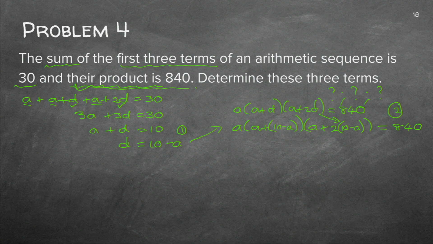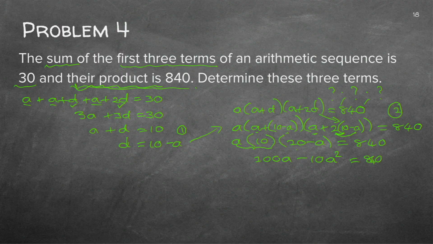The minute I've done that and I look over my whole equation, there are only A's involved, and I know, okay, that I'll be able to work with. So it's A, that A and that A cancels out, so there's only a 10 left. This is A plus 20 minus 2A, so it's going to give me 20 minus A is equal to 840. Now, I skipped a step where I multiply out the little bracket. I just did it in my head. 2 times 10 is 20. There's my 20. 2 times minus A is minus 2A plus that 1A is minus A, because now I need to multiply all of that stuff. So if I multiply 10A with 20, I get 200A. If I multiply 10A with A, I get minus 10A squared is equal to 840.